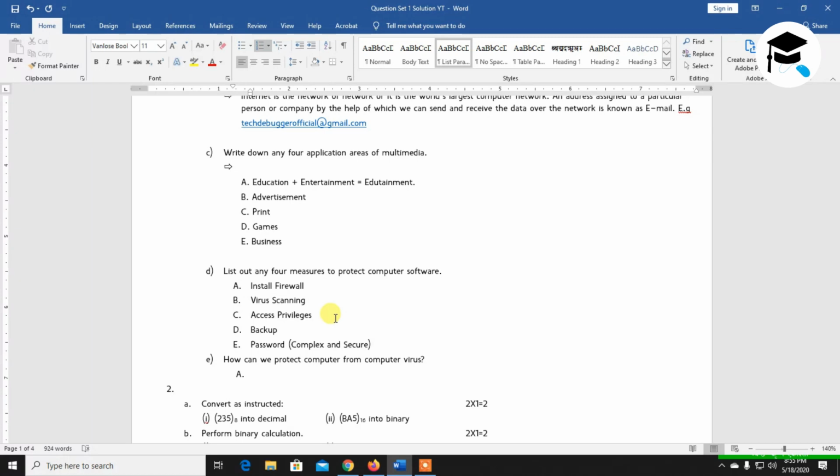In secure form, suppose you have saved it in a pen drive, then you should keep the pen drive in a safe location. If you have written it in any notebook or on any piece of paper, you should keep that safely. Okay. And complex password, what does it mean? Complex means it should include capital letters, small letters, and numbers, but not sequentially. Okay, in random form you can use numbers.